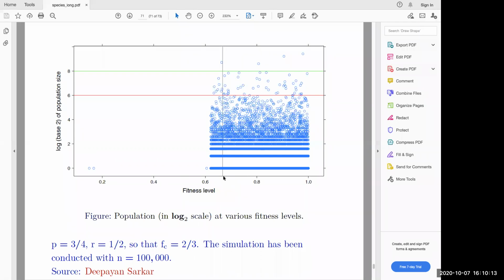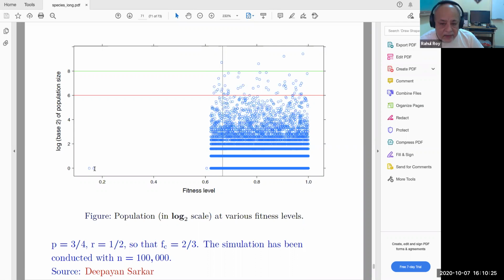Sorry, but what is that horizontal line of blue there? What is it indicating? At the lowest, I mean the blue circles. Oh, there is one individual here. There's another individual here. There's another individual here. And here, basically, it's uniformly distributed. So the computer, I guess, could not distinguish the fact that it's locally finite. Therefore, it's giving a continuous line.